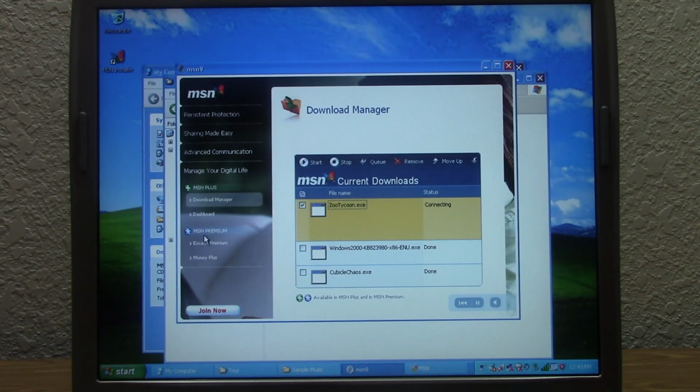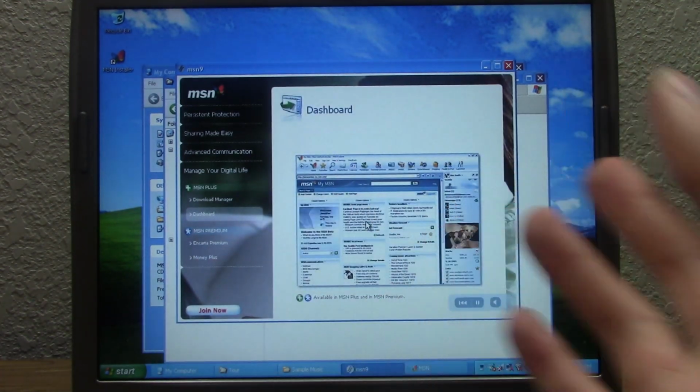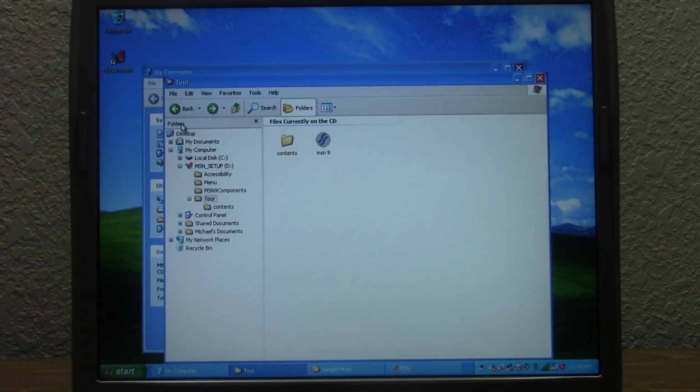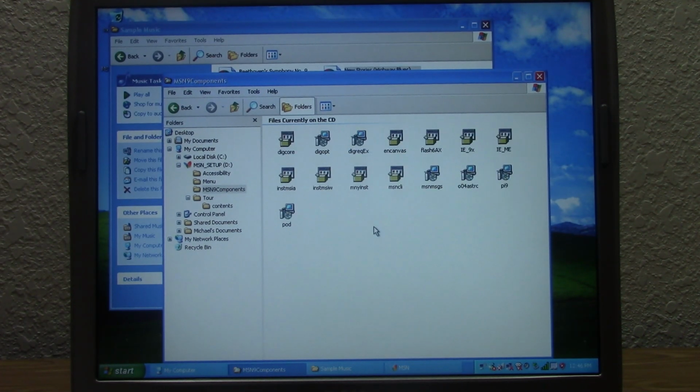It even had a download manager, a dashboard, which is probably just a cluster of all sorts of information. Let's see. Yeah, so it's kind of like a home page here. So yeah, that is the tour. So we've got some components right here. Looks like a bunch of installers for various